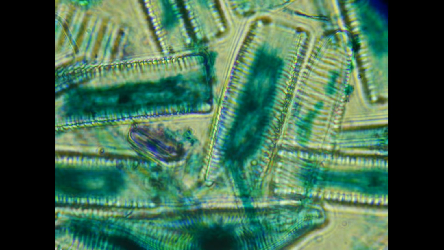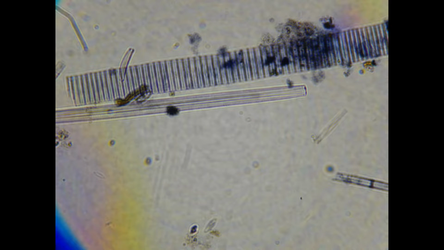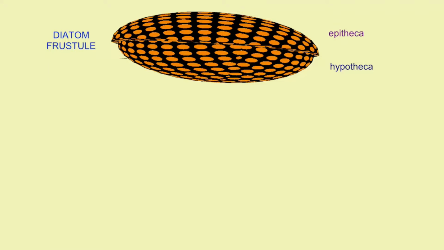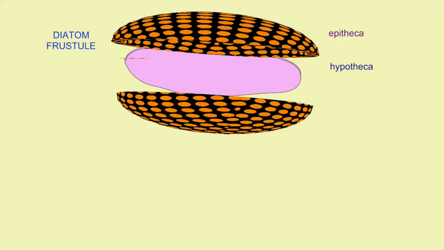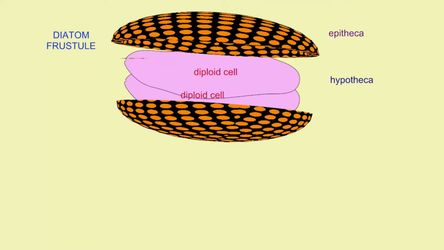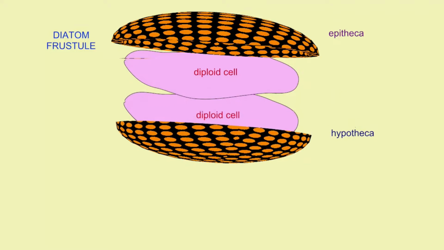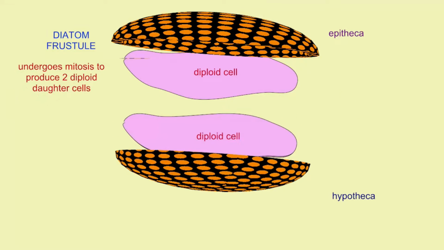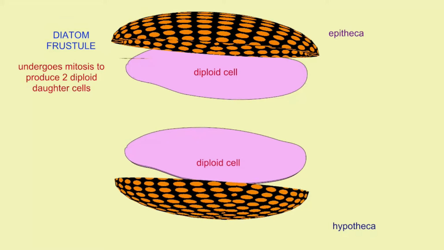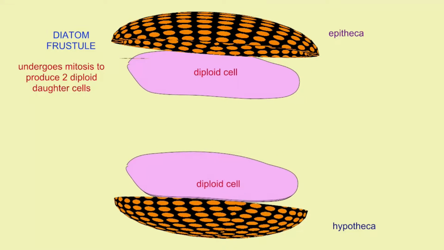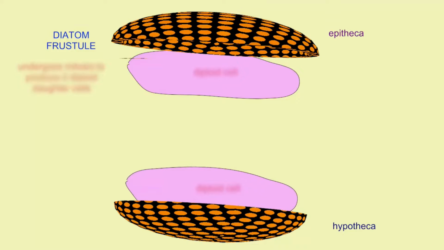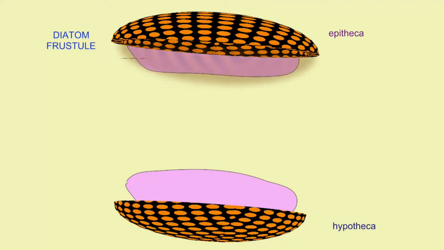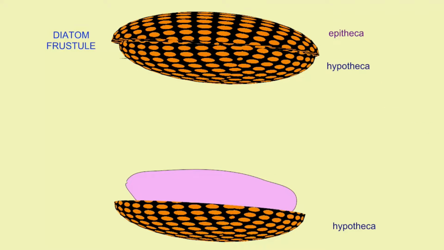This frustule is rigid, which is a challenge for cellular division. When diatoms divide asexually, the two halves of the frustule separate, the epitheca, which is the larger half, and the hypotheca, which is the smaller half. The diploid cytoplasm undergoes mitosis to produce two diploid daughter cells, and then each of the two inherits one of those halves. One diploid cell inherits the larger epitheca and then will develop a second hypotheca, while the second cell